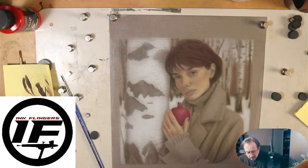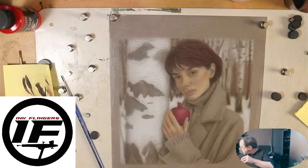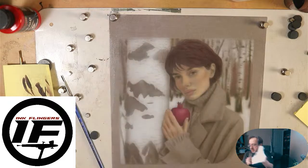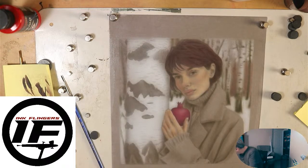Okay, so now what I'm going to do is mix this until I get what I'm looking for. That's pretty darn close, I must say. Okay, so I have the consistency I want, so I'm happy with the consistency. I'm just going to wipe off. The rag gets really nasty. And also, I got to make sure that I'm not transporting tape onto my little